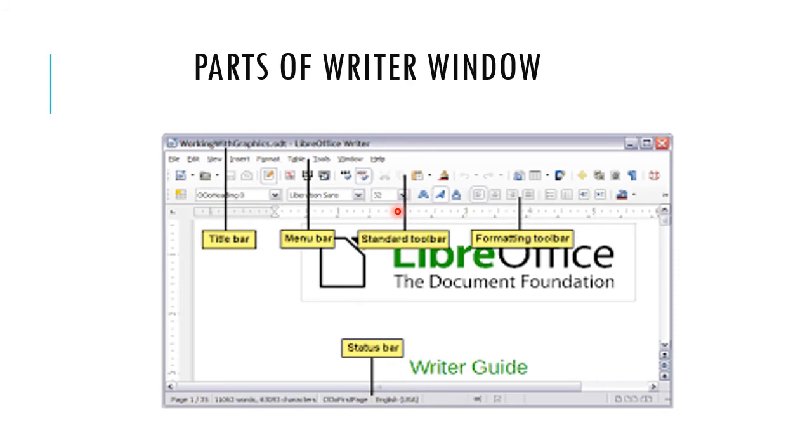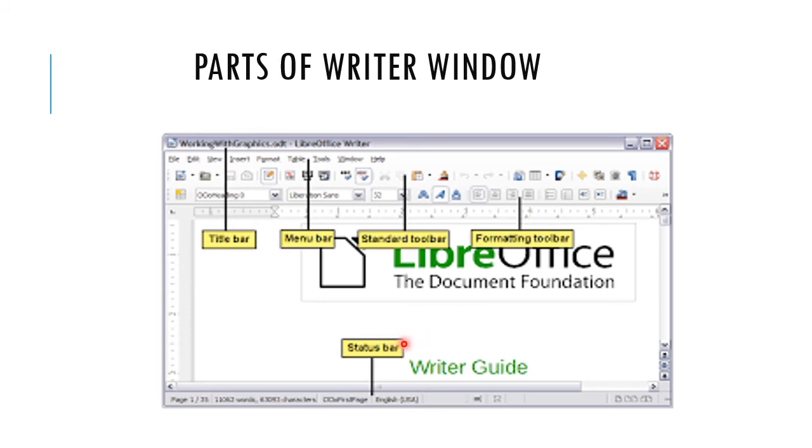Then this one is the standard toolbar. The standard toolbar is normally open on the right side of the Writer screen. You may open up the sidebar with the view menu, here, view menu or sidebar. Then the status bar.